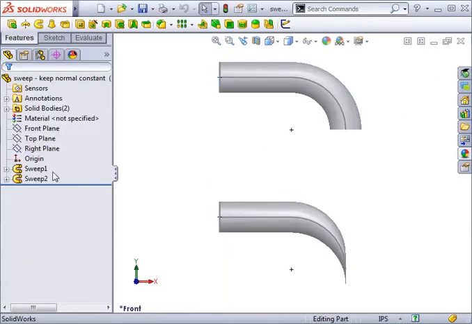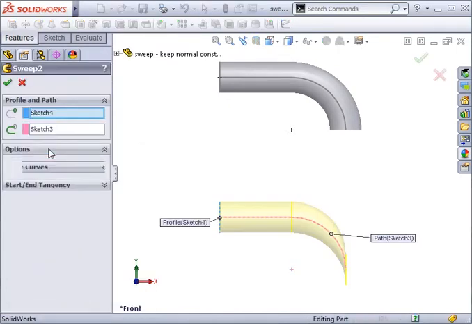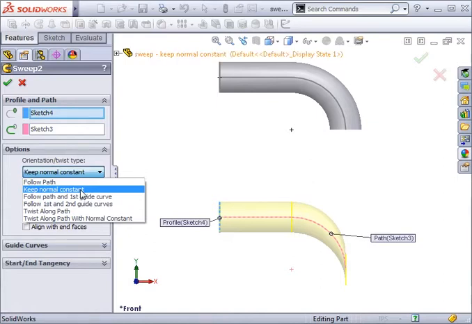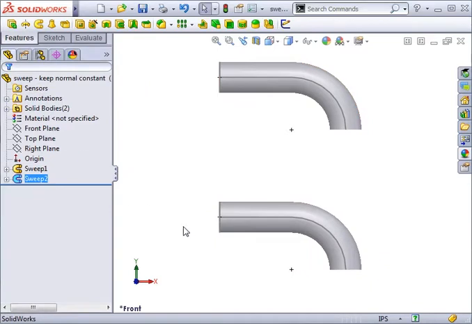If I edit this sweep feature, you can see in the options section, there's a list of available orientation and twist types. Currently, the Keep Normal Constant option is selected. If I change this to the default Follow Path setting and click OK, you see the result is now identical